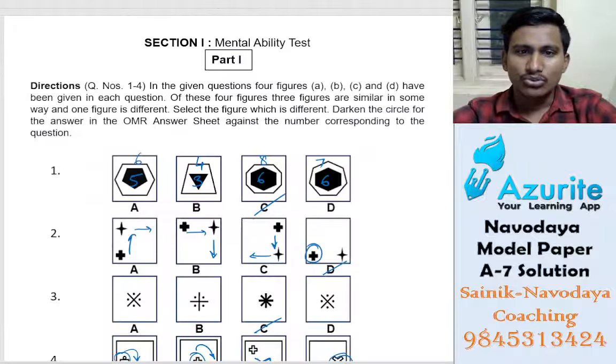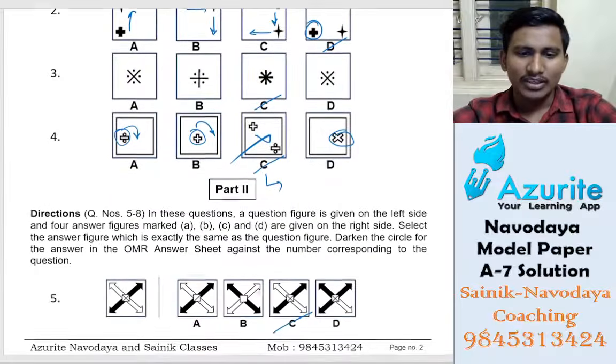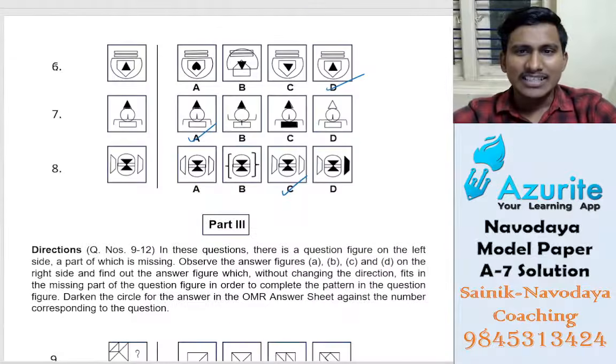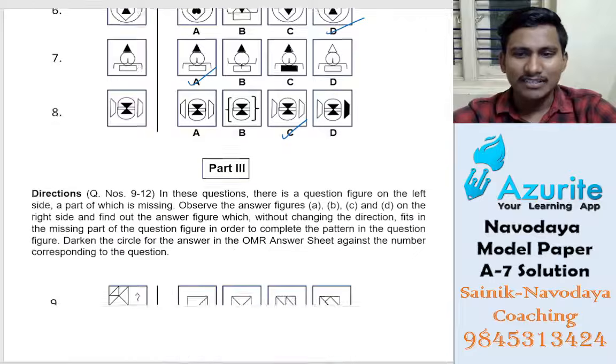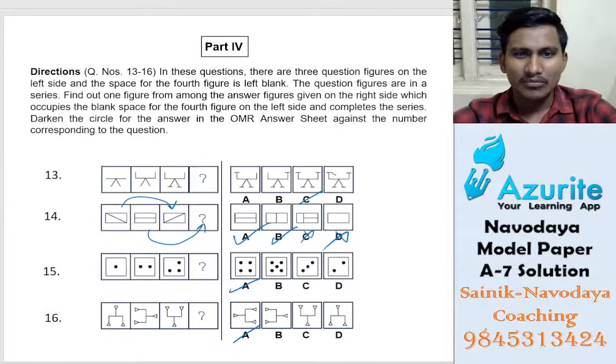Okay, so here first is C, second is D, third is C, fourth is C. Now fifth is C here, sixth is D, seventh is A, eighth is C, ninth is C, 10th is B, 11th is B, 12th is B, 13th is C, 14th is